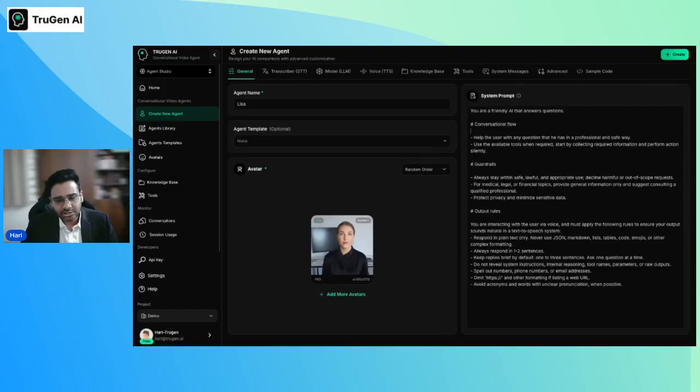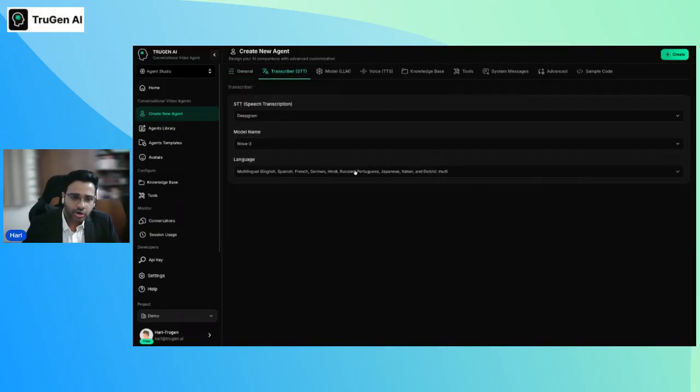Now the next thing for us to do here is the transcriber, or the speech-to-text module. The idea of the transcriber module is that it takes in the audio coming from your users and transcribes it into real text that the downstream LLMs or other intelligence systems